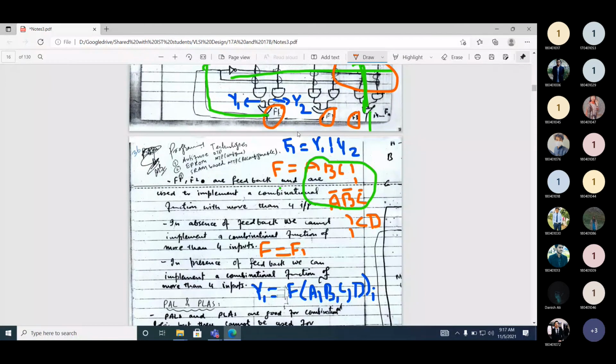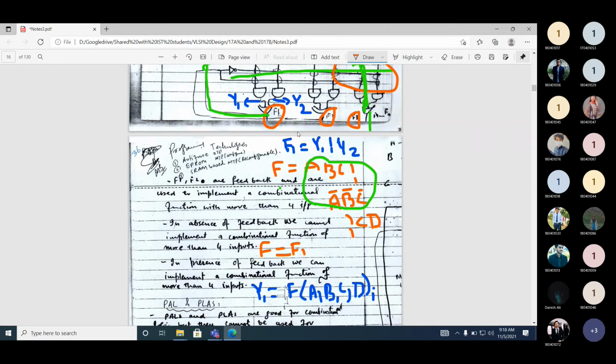Now, if we also want to implement sequential circuits, like the vending machine example that we did, can we implement this with PAL? No. Can we implement this with PROM? No. Can we implement this with PLA?